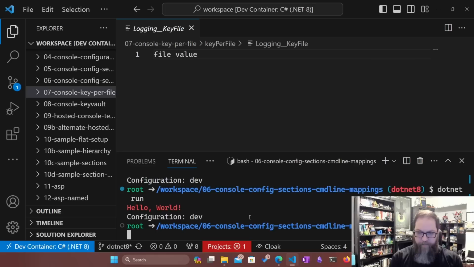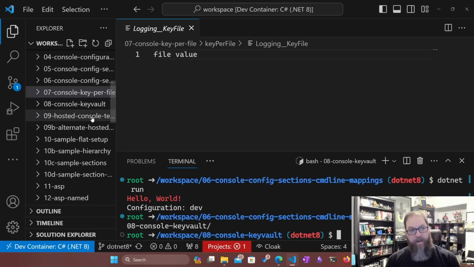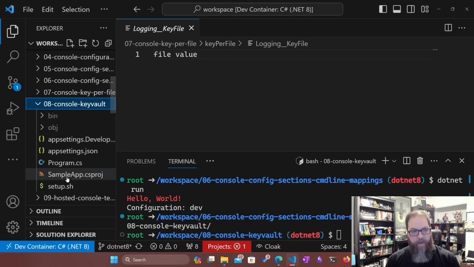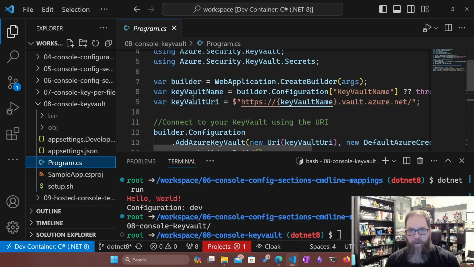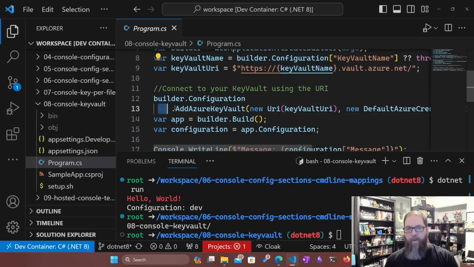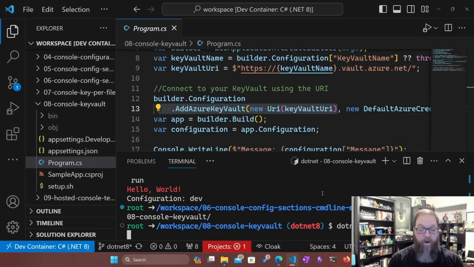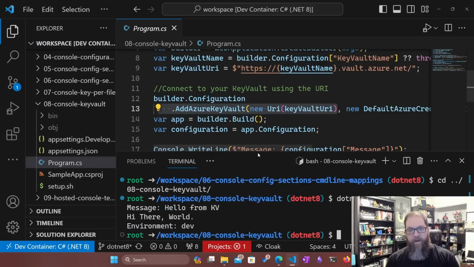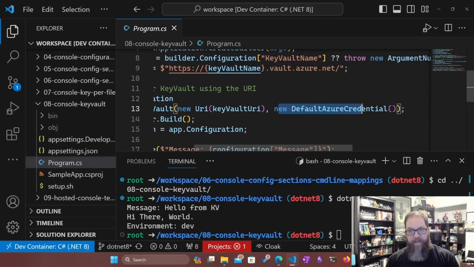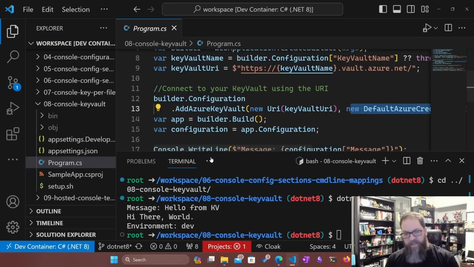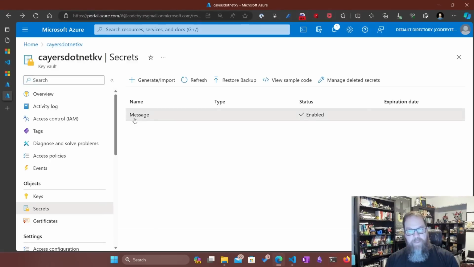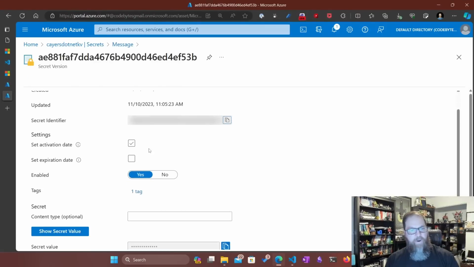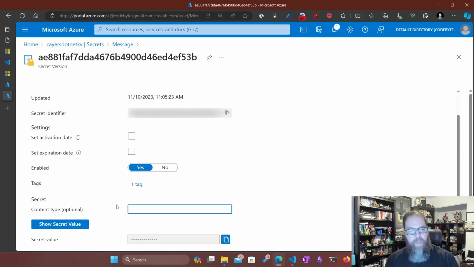Another thing we can do is Key Vault. Azure Key Vault has some packages that they've added, and we can get the URL of our Key Vault, get the base name of it, and say add Azure Key Vault and give it that URL. Now I've already logged into Azure. I've done an az CLI login, and so for me, it's using my default Azure credential, which is me logged in. If I was running this in Azure, I would use a managed identity or some sort of strict permission to limit things. But I can come up here and, with Key Vault, I can have secrets,